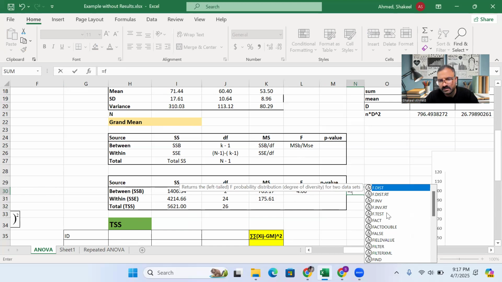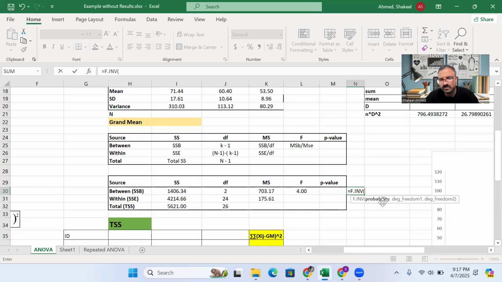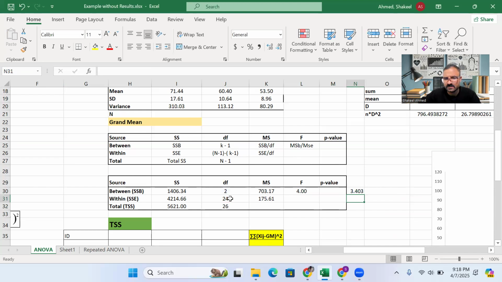I think we need to set the probability, that is 0.95, and the degrees of freedom, we have two degrees of freedom, the numerator degree of freedom and the denominator degree of freedom, that is 3.4. So we can reject our null hypothesis, as the tabulated value is less than the calculated value of the test statistic. So we reject H naught and conclude that there is